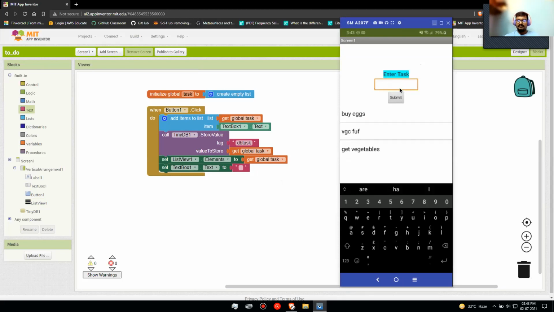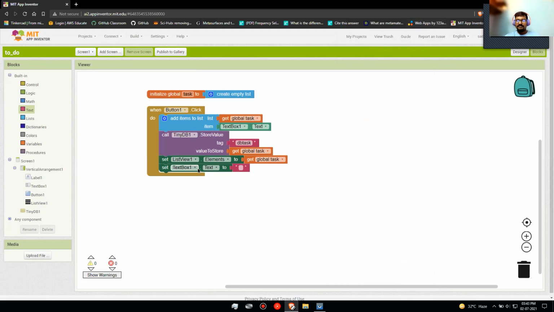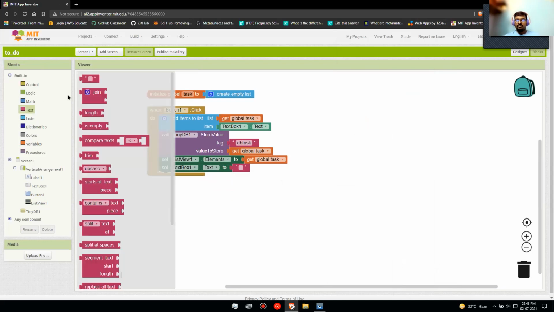I did not get that last one. Set text box. It is set text box, but it is not going inside this. It should now. It is having a pin at the end, so make another one. It will have a slot at the end. So go to text and then drag in, no, empty quotes, not that.